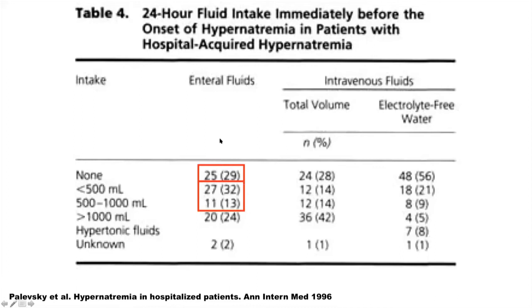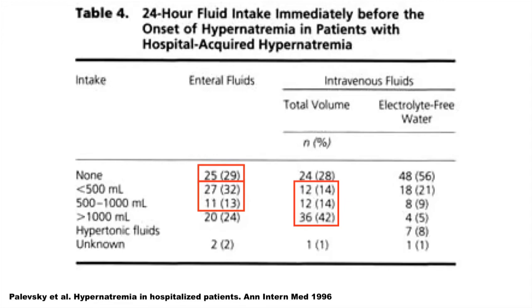And another 45% of patients received less than 1 liter of fluid a day. And then of the 70% of patients that actually got some form of IV fluids, 40% of them actually received the IV fluids in the form of normal saline,